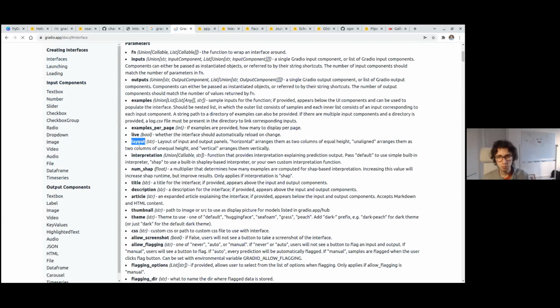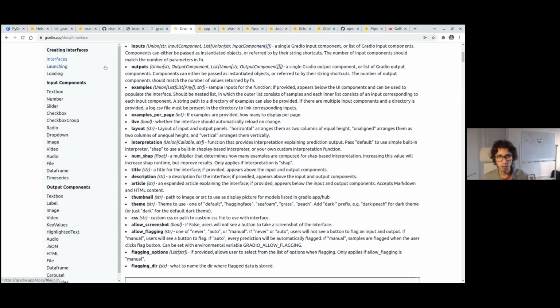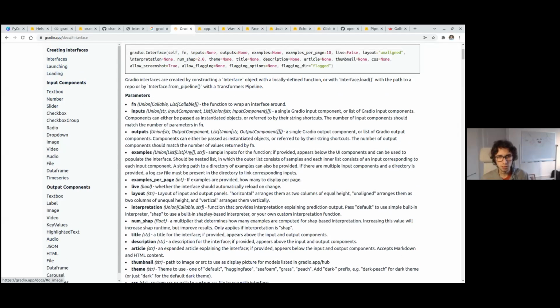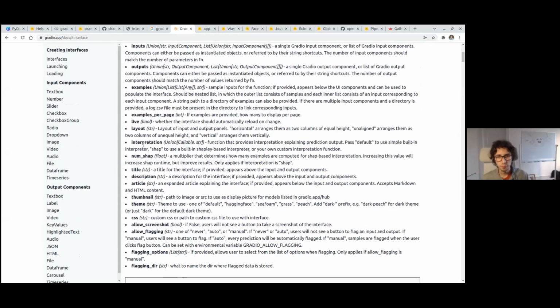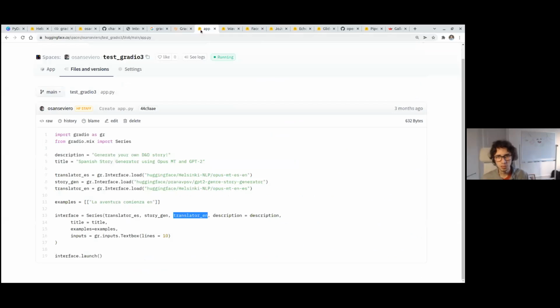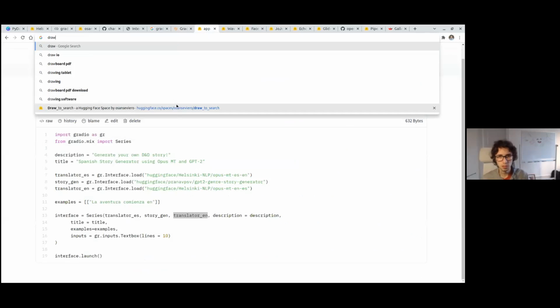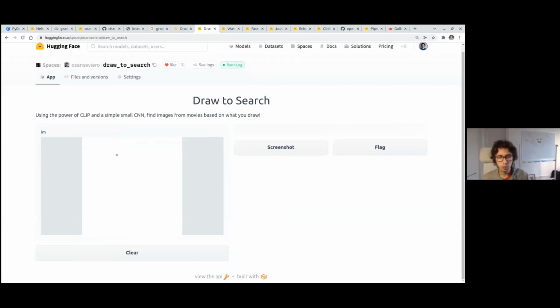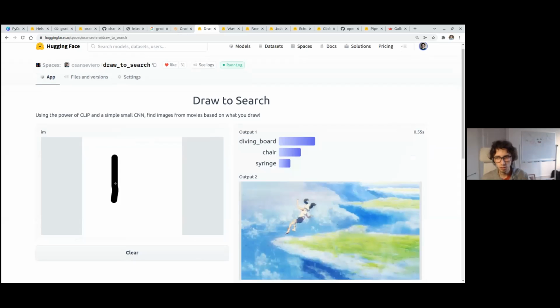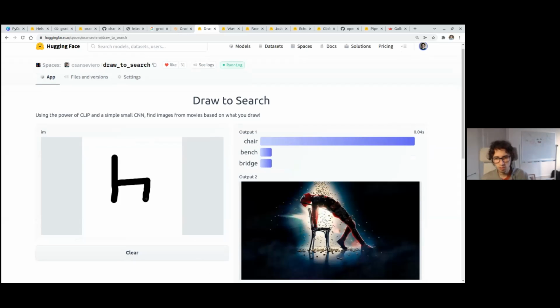You can even modify the layout. So if you want to use a bit of HTML and CSS to do some more crazy stuff, you can also modify these things. But apart from that, you have access to all of these things. So you can modify the inputs, outputs, examples. Then there are even some cooler things. So let me show this one. This one allows me to draw something, and it will search for images from movies. So for example, I'm going to draw a chair.